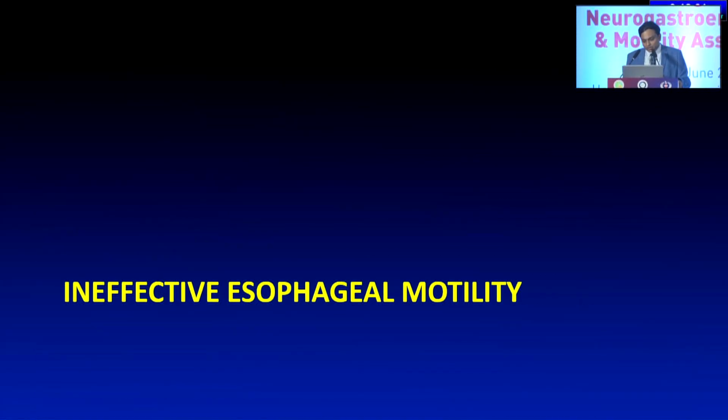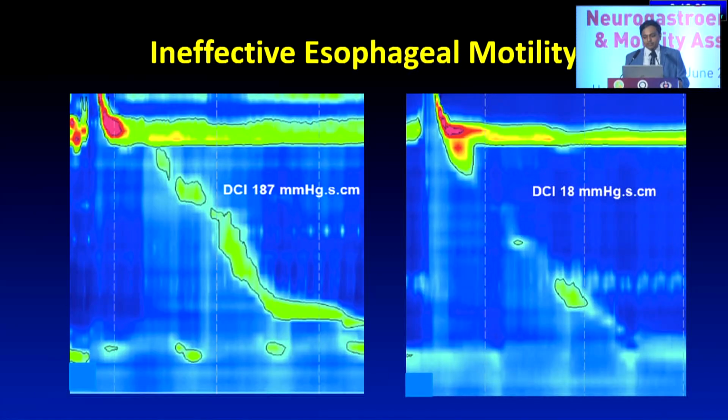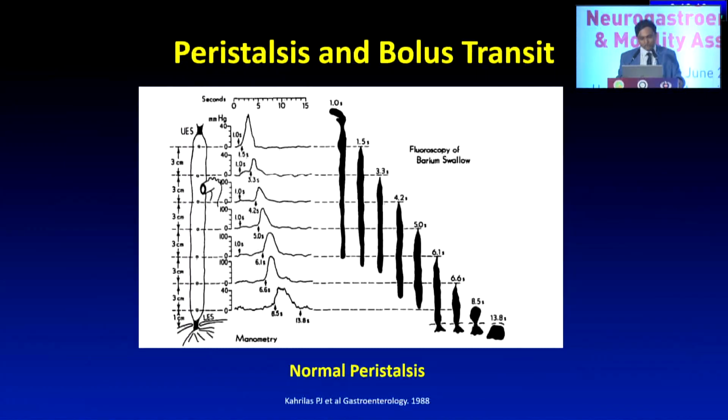Now coming on to ineffective esophageal motility. When we talk of ineffective esophageal motility, you often see graphs like this, where the distal contractile integral is low or it is almost absent. And a combination of this is what we call ineffective esophageal motility. So there was an excellent paper by Peter Kahrilas's group in 1988, which tried to find the